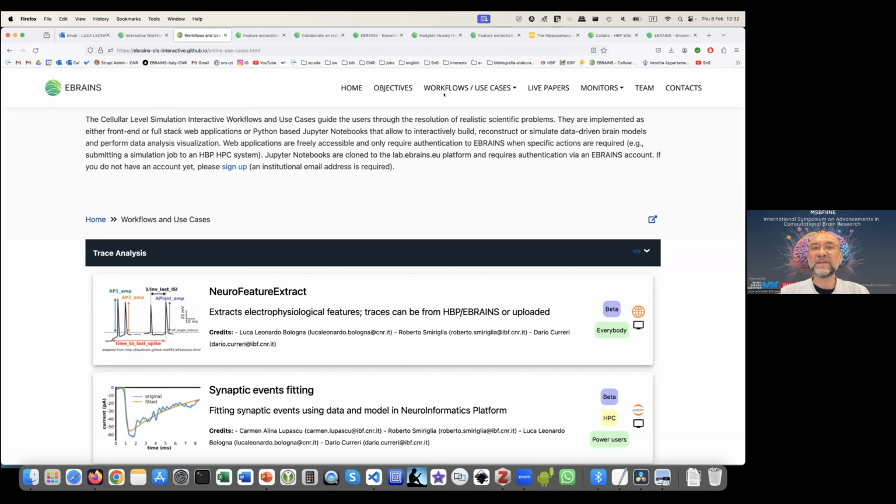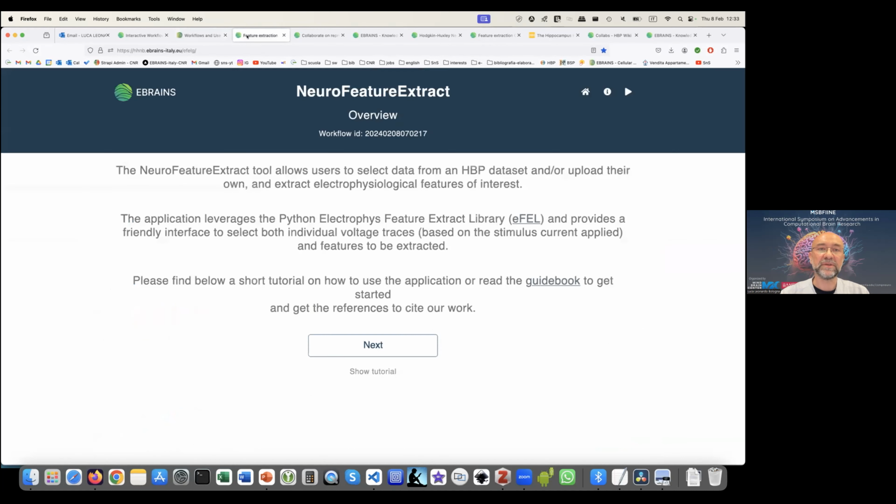Now the point is, if you have never heard about electrophysiological traces, probably this wouldn't tell much to you, right? But still, the tool itself is very user-friendly and, in a more general way, point and click. So you read, you click on something, and something is performed. Some operation is done. Okay? So we have the NeuroFeatureExtract presentation page,